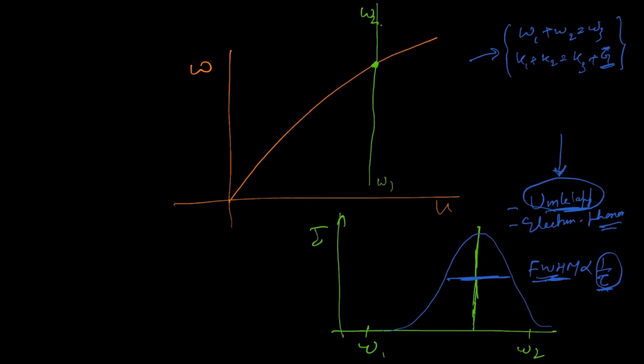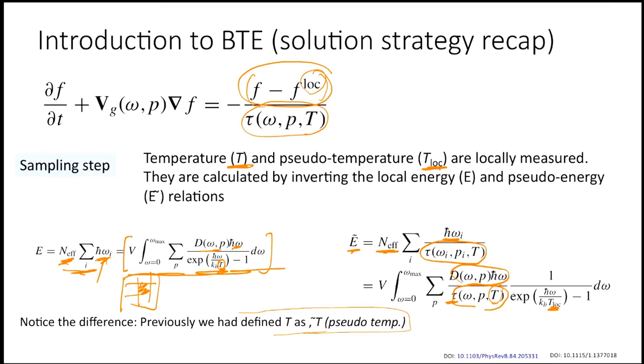Umklapp scattering leads to resistance. Basically, if scattering is happening more, there is more resistance, so the lifetime is less, and this width would become even larger. The point is, as we increase the temperature, this full width half maximum is actually dependent on the temperature itself. So now coming back to our original point, why we came here: this tau is actually dependent on T, and the T at which we would take this tau is by comparing this energy.